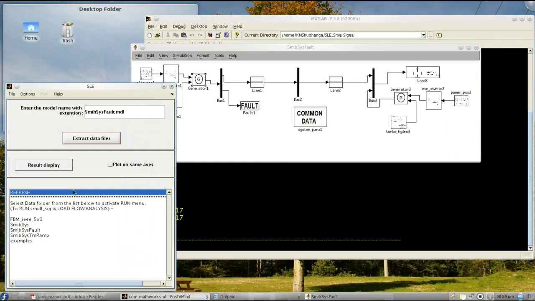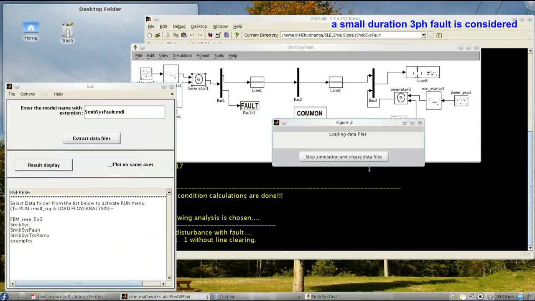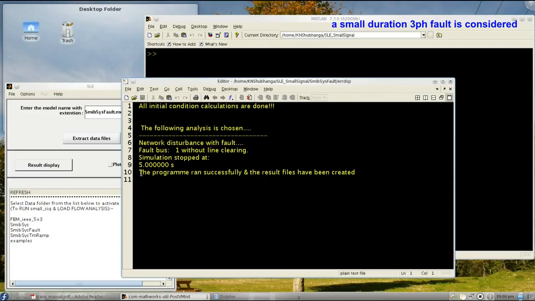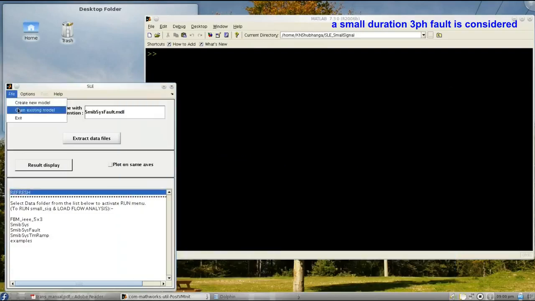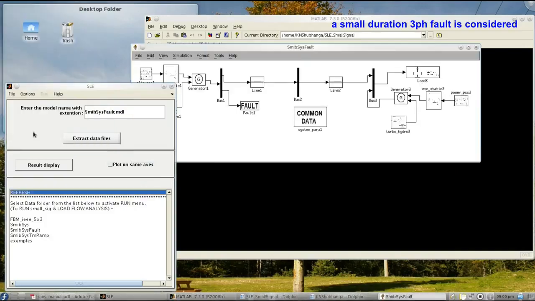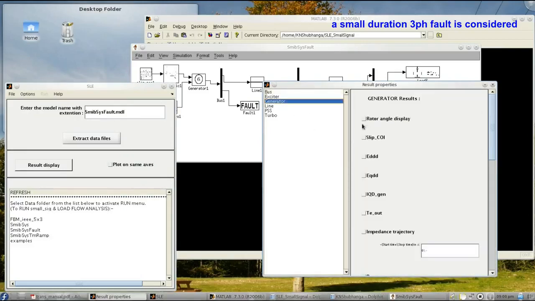So let's perform the transient stability analysis and visualize the effect of the undamped nature. Opening the model file again and setting appropriate variables for the generator block.